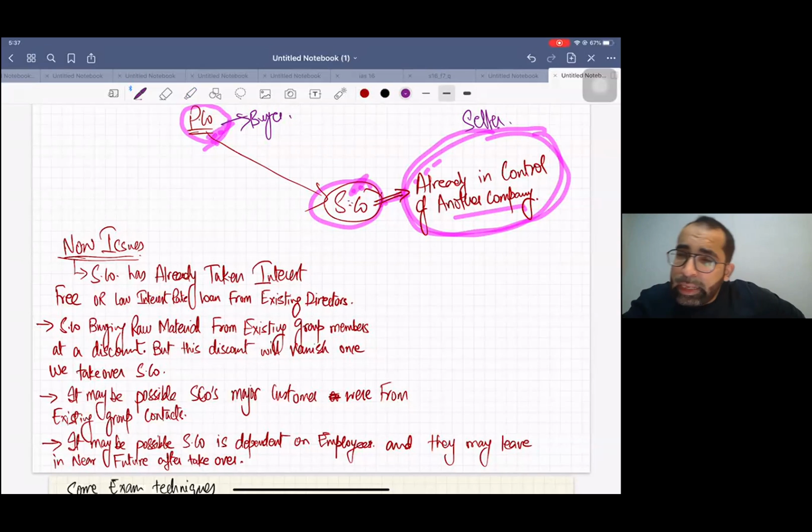If you have seen a car sale, before selling, normally people do artificial polish on the car so that it looks good to the buyer. So normally before selling the running business, the seller tries to boost artificial sales, reduce artificial costs, show extraordinary profits, in order to get the highest price, in order to get extra price. So as an intelligent buyer, we should investigate that we are paying the right price and we are buying the right company. So there must be some related party transactions,